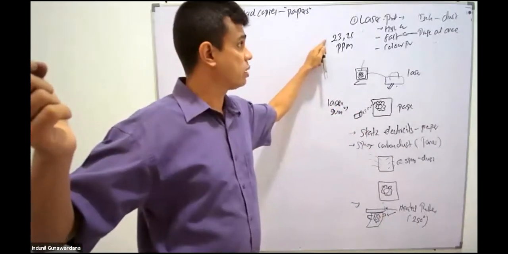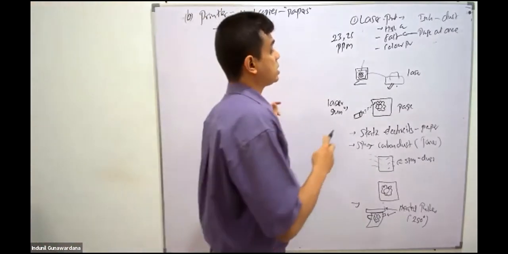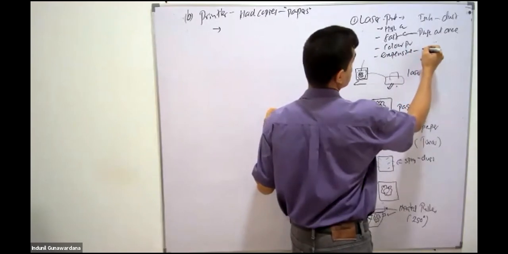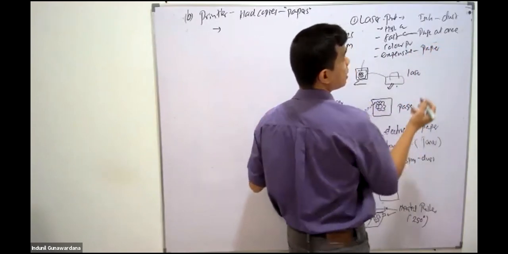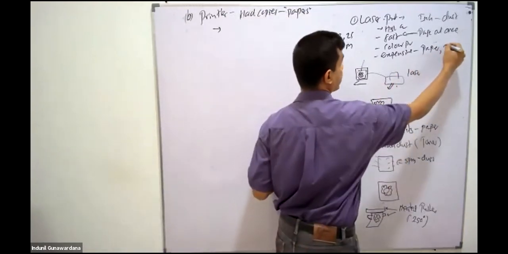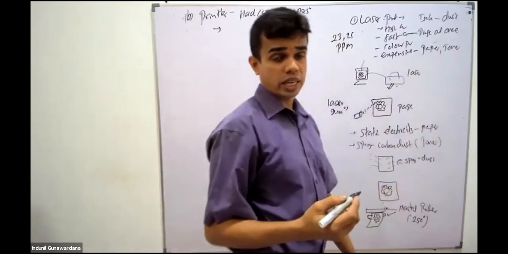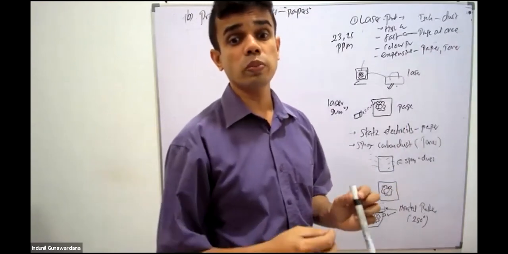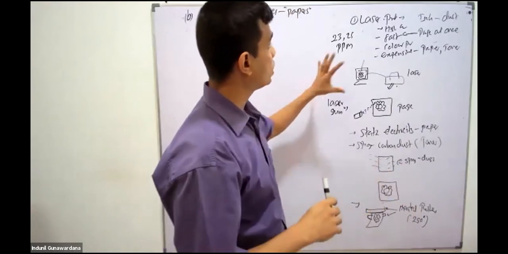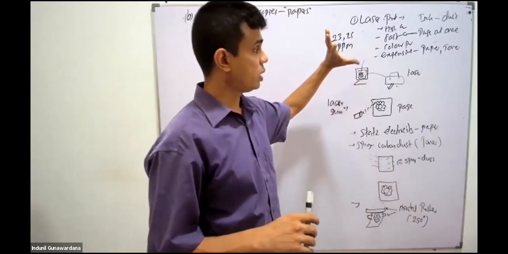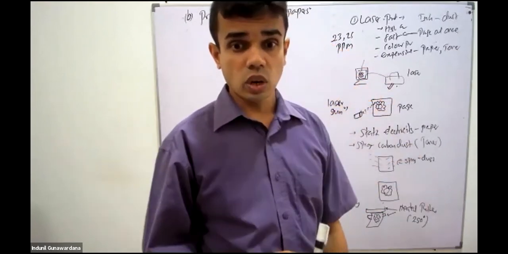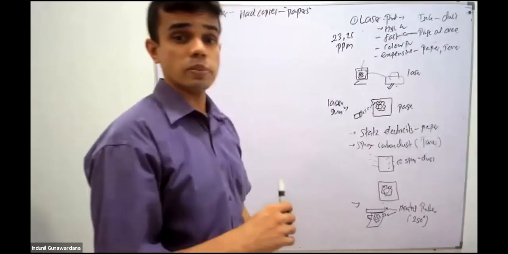Very fast. Another point is that it is quite expensive to print. Why? We have to insert high quality papers; we can't insert any paper we wish. That's the first restriction. The other is that toner is also quite expensive, unlike ordinary ink. But high quality outputs are produced. That's the idea behind the laser printer. It even gives you color printing as well whenever you need. Okay, that's about the laser printer.